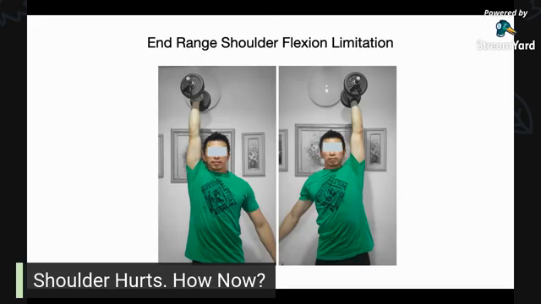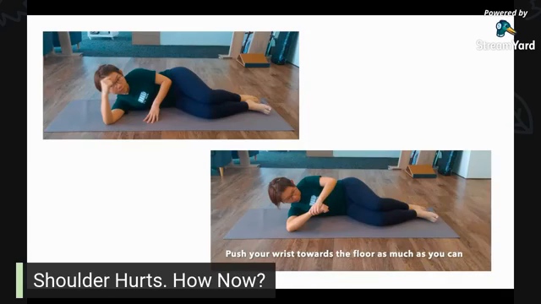Very simple. You go to lie down on the side. For example, in the picture, I'm having some problem on my right shoulder. I want to test my right shoulder. So I go to lie on my right hand side, open up my shoulder about 90 degrees away from my body, and I use my left hand to turn my right hand down towards the exercise mat, or towards the floor. And then you see how you feel.